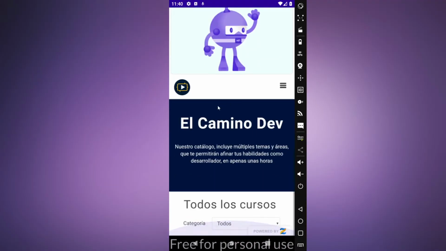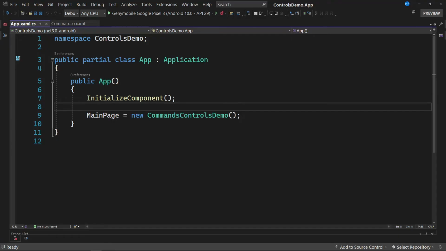And we see that at the bottom we are already displaying this website as part of the application without doing anything additional. These are the different presentation controls that we're going to be able to use when we create graphical interfaces with .NET MAUI. Let's see now the controls that can initiate commands,